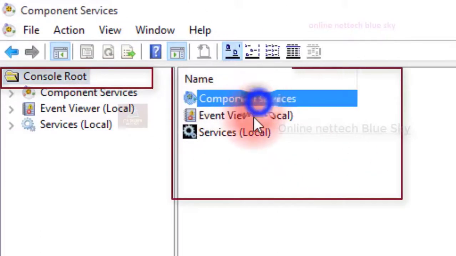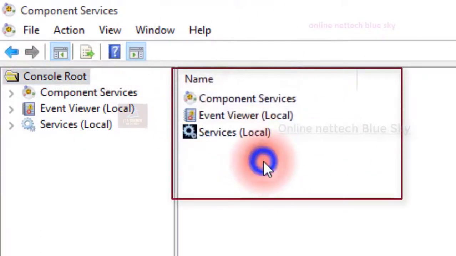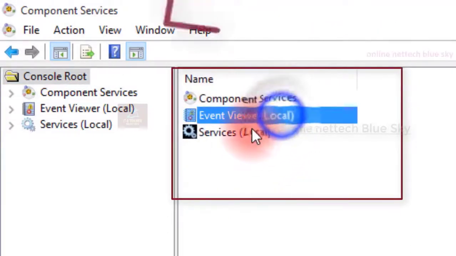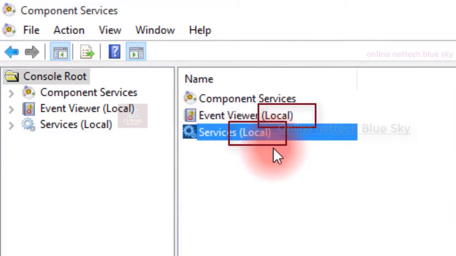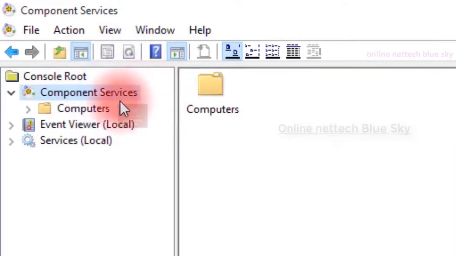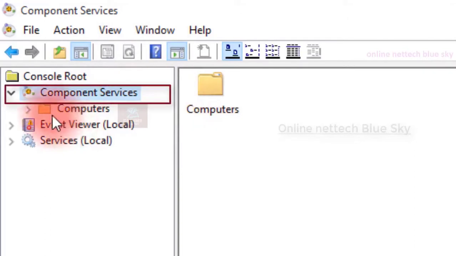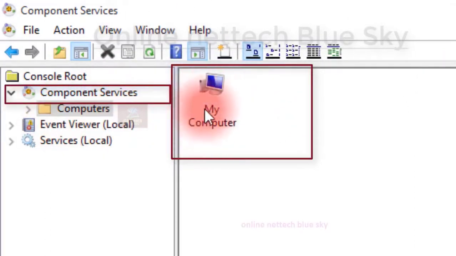So we were just talking about only three types available in the options, but I did not talk about this one. You can see Local. Okay, local. Why does it say local? Because these are local systems, the system components of Windows here. And what is Component Services? Why is this component service given in Windows 10? I already told you. And My Computer. So what is My Computer?